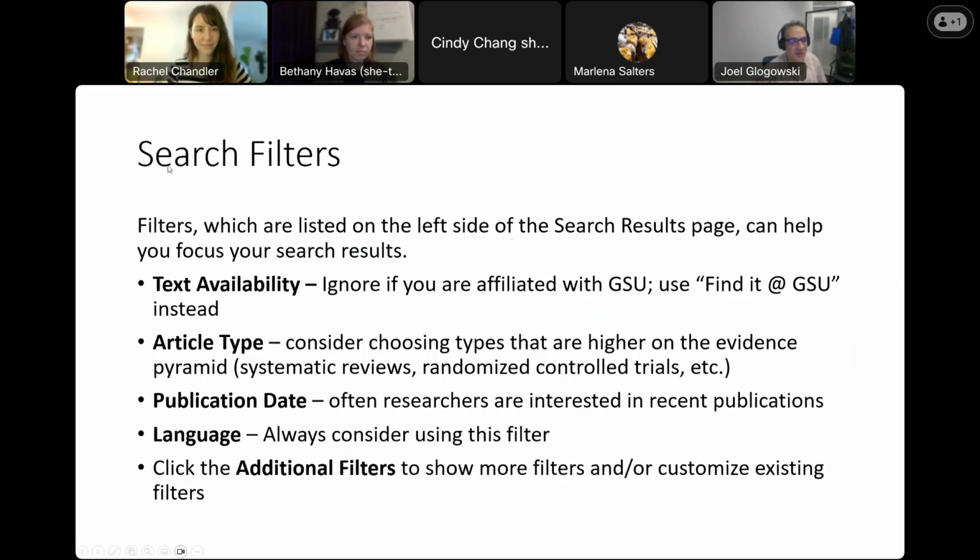I want to talk a little bit about search filters. They can be used to sort of focus your result set a little bit more. The most commonly used filters, well, actually, I listed this here because I explicitly recommend that you don't use the text availability filter. And the reason for that is,